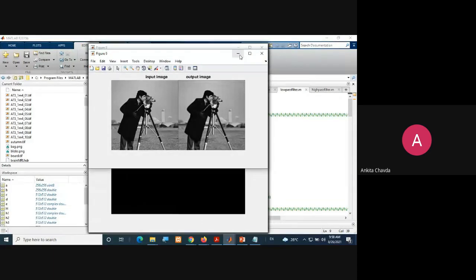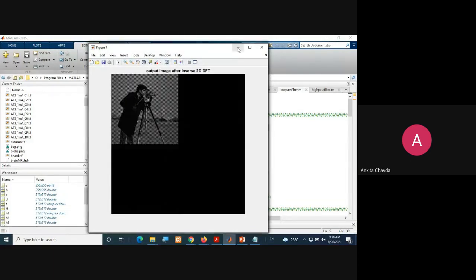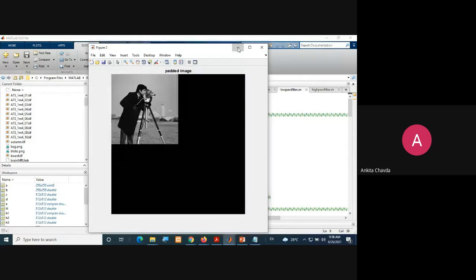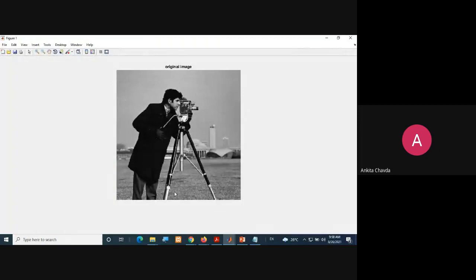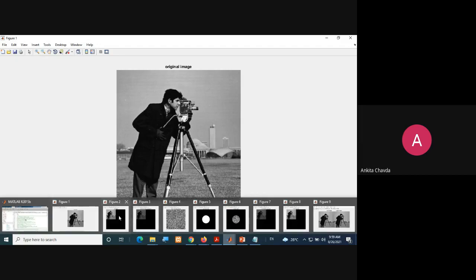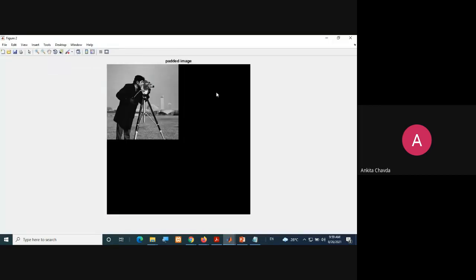Okay. So the very first task, this is your original image that I have read, cameraman.tif. Its size is 256 cross 256. Now if it is 256 cross 256, I want another image with padded zeros.